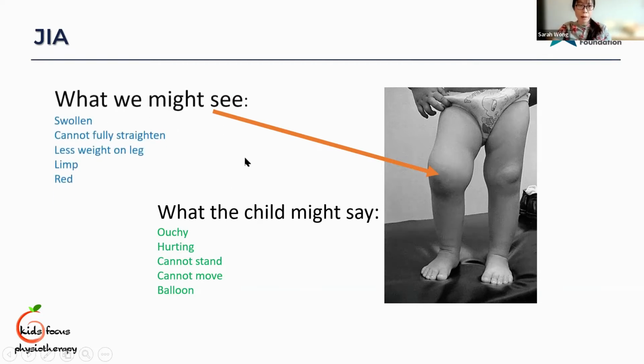While as adults and parents, we see a swollen joint, we see a leg that cannot fully straighten, we see that the child doesn't put enough weight on the affected leg, and we see that the child is unwilling to stand on the affected